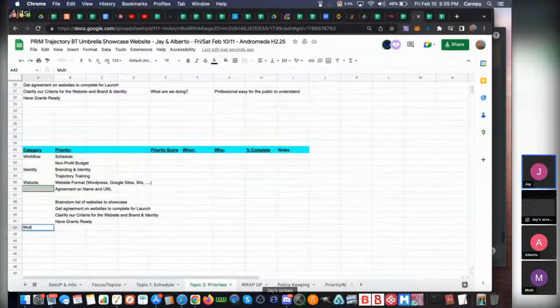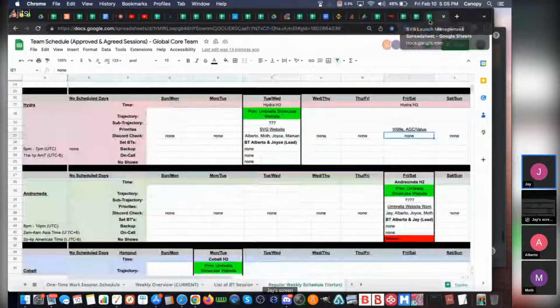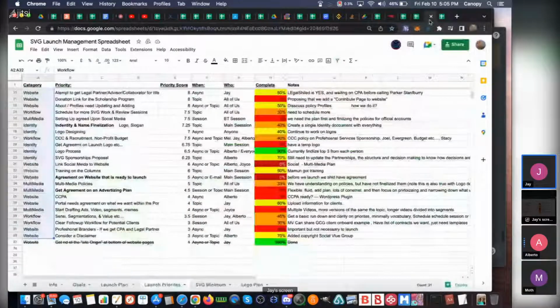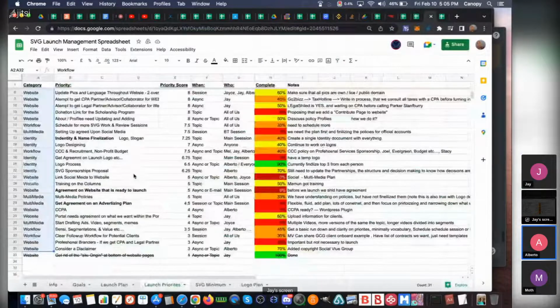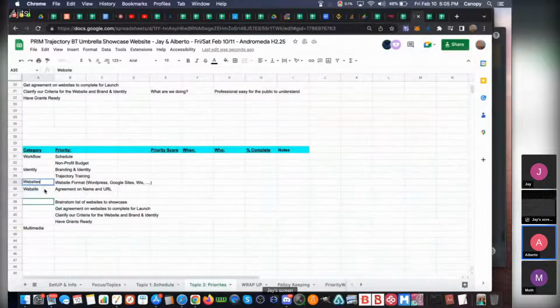Website here? I don't know if it's website here. Brainstorm a list of websites to showcase. It's more like planning and coordination. That would be workflow. Planning and coordination is part of our workflow. Okay.